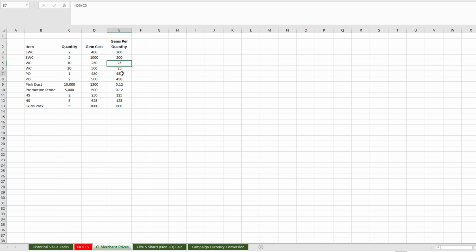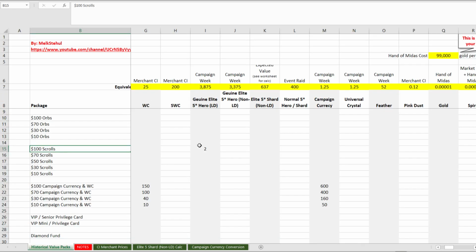In a pack, obviously, Prophet Orbs are 450 a piece. Pink Dust is 0.12 gem per dust. Promotion Stone is 0.12 gem per promotion stone. Heroic Scrolls, which you can also get from Aspen Dungeon and Marketplace for the same price, are 125 gems per scroll, etc., etc., right? So that's why I've listed these prices here, because I use it on this historical value